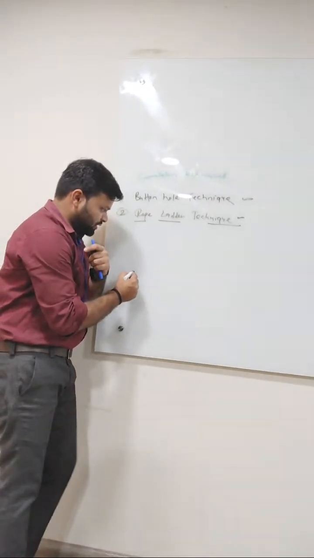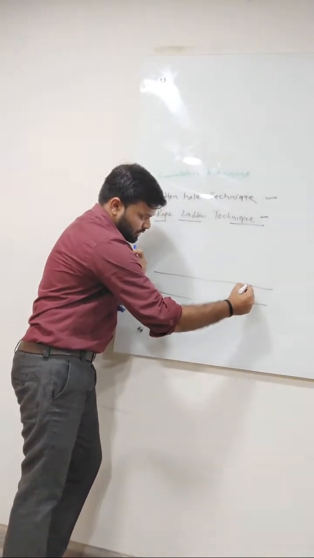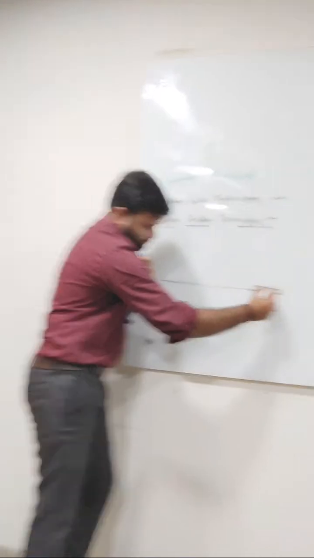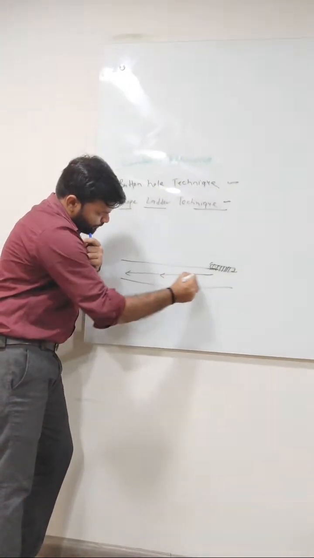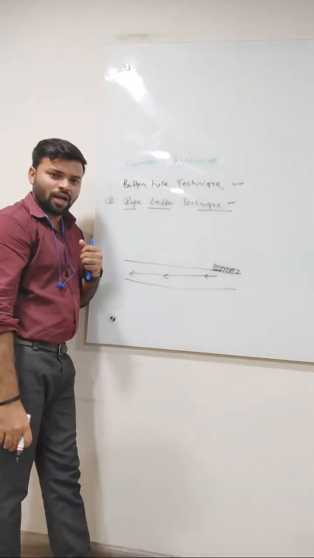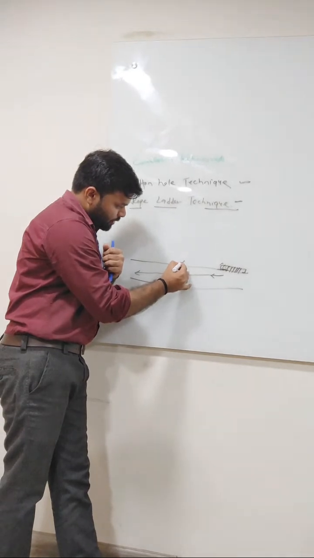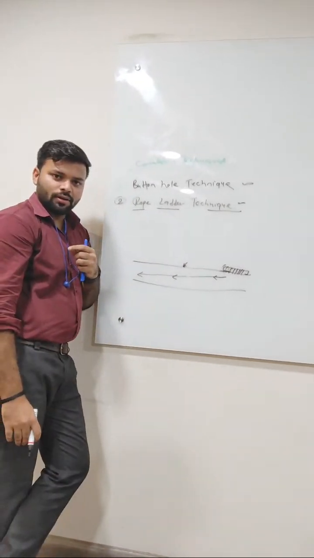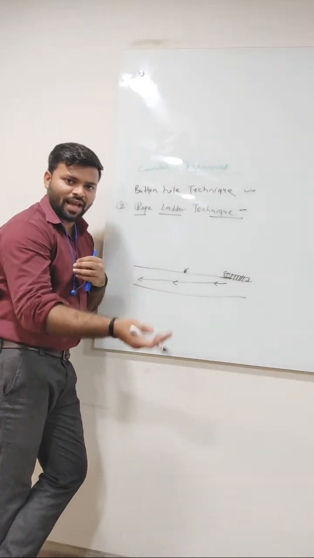Like if this is a patient's arm, this is the anastomosis, and this is the blood flow direction in the patient's arm. For the first time, we will cannulate here for the dialysis, and when the patient comes again for the dialysis next time,